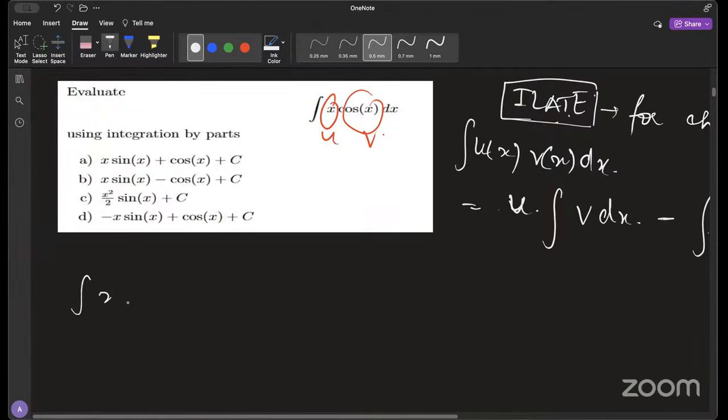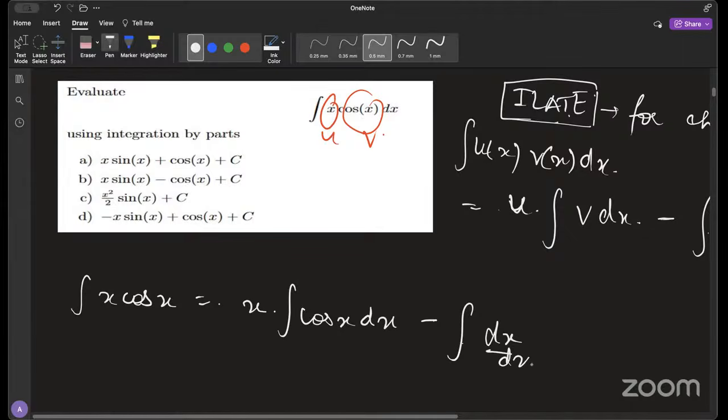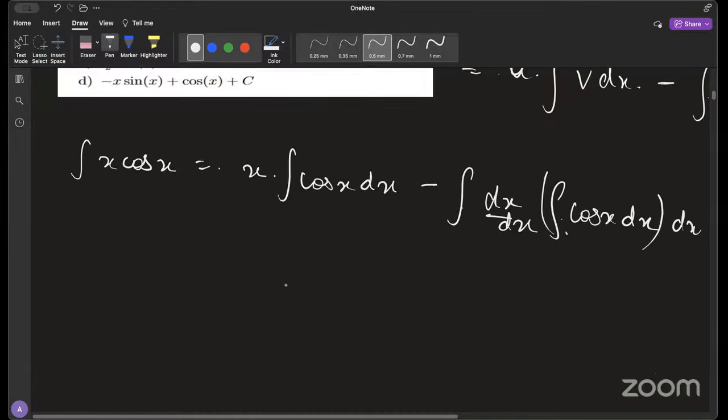So the integration of x cos x will be x as it is, times the integration of cos x, then minus the derivative of x, so it's dx by dx, times the integral of cos x with respect to x, and then dx, right? And this will be x sin x minus, we'll have 1 here, and then the integration of cos x with respect to x, so it will be